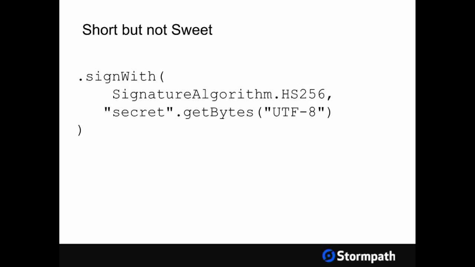And then finally, it kind of goes along with the first issue, this is not a native byte array, it's a dictionary term. We're getting its bytes and making it into a byte array, but you really want to work with long, random byte arrays that fit the algorithm that you're using. So a couple of problems there, short but not sweet.